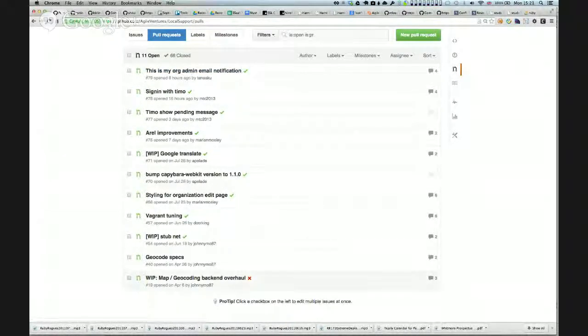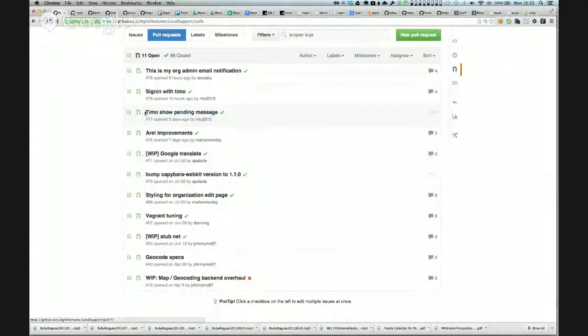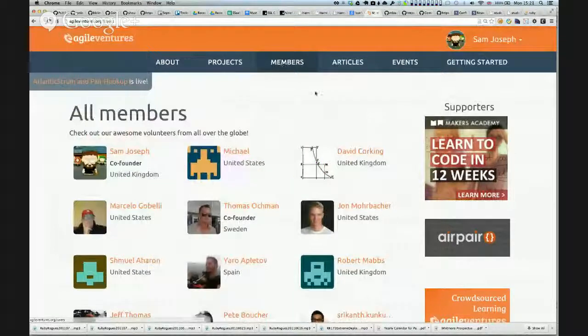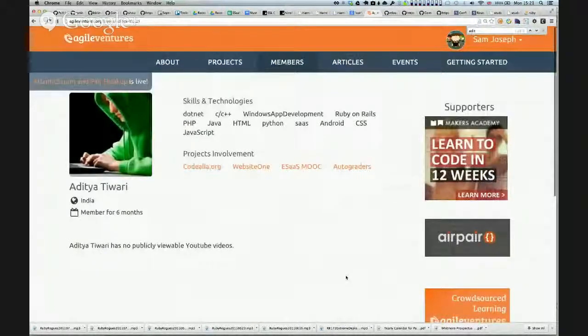I noticed also that Aditya has joined us. Maybe in the background, Michael, you can update this pull request, and we'll check in with Aditya. Aditya, how are things with you? Good. Can you hear me? Yes, I can hear you just fine. Things are good with me. Excellent. Wood and I have decided to work on some user story for website one. You and who? Wood. Yes, Joseph. Yes, Wood.